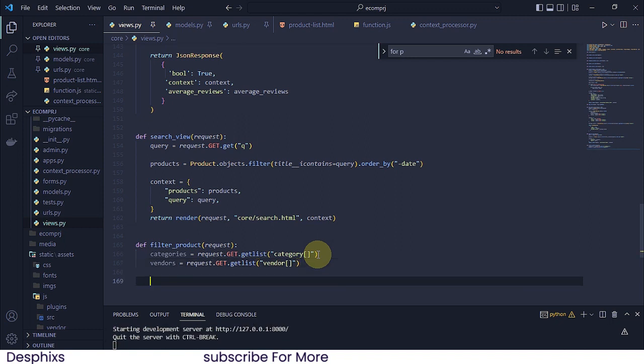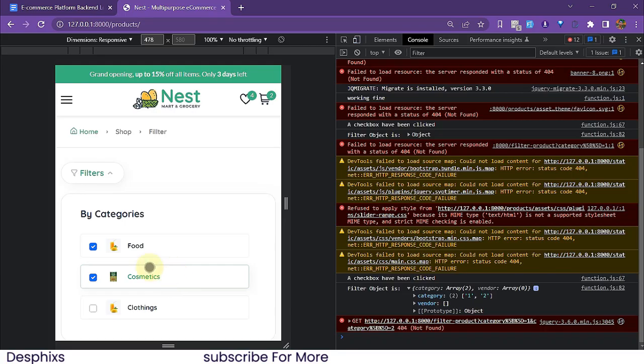Now another thing that we're going to do is go ahead and get all the products and filter it based on the category and vendor that the user has chosen. Hopefully you understand what I mean. We're going to get all the products. For example, we're going to get